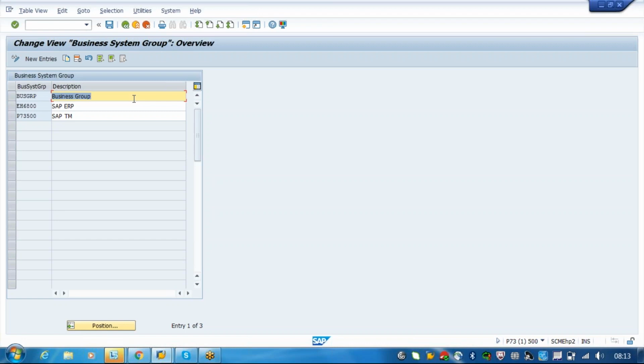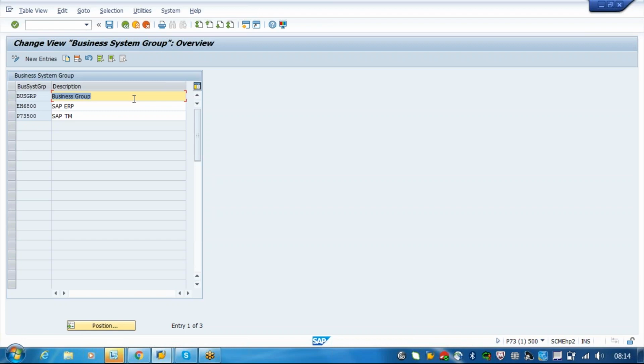Yes. So what will happen if two partners are created? For example, the GTS is useful for declarations and the R3 is useful as a feeder system. In the TM, when you are declaring something to the GTS from the TM system, the same 1000 that was sent from the R3 will be a different business partner in the GTS.